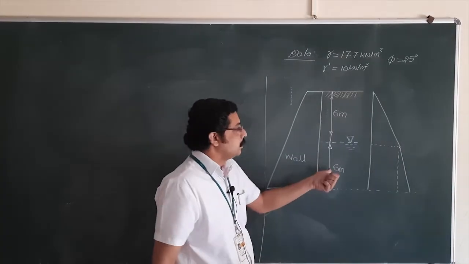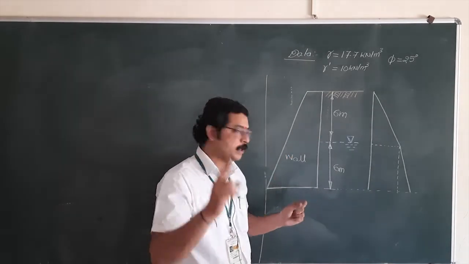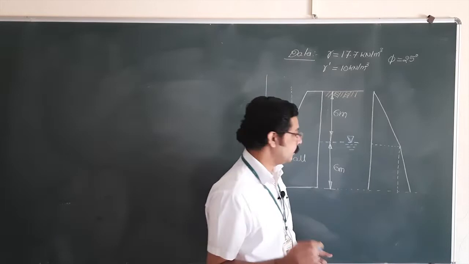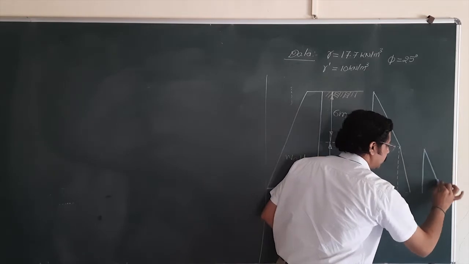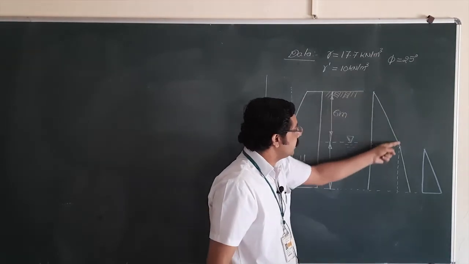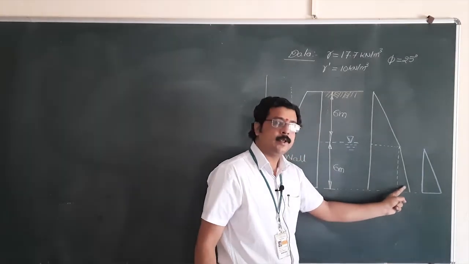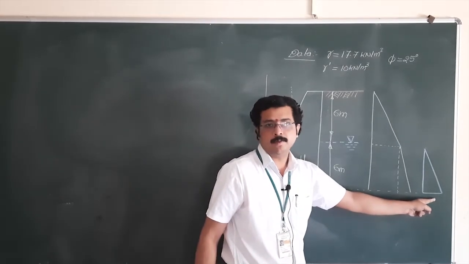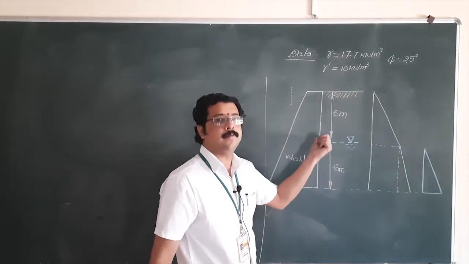Alright, now since the soil is submerged, water will also exert pressure on this wall, but water will exert pressure only on the bottom 6 meter height. Hence, we have to show the pressure diagram for water as well. So this is 6 meter height and hydrostatic pressure distribution will be like this. Okay, so this diagram is applicable to the natural condition of the soil. This small triangle is applicable to the submerged condition of the soil, and this triangle is for hydrostatic distribution of water pressure.